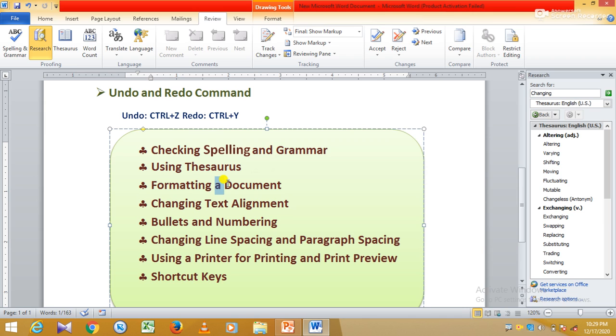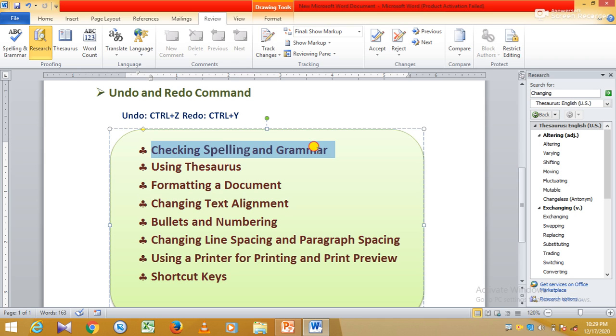So first we will format the text. First we will discuss changing the font. Font is a style to change the appearance of the text. For changing the text, first of all you have to select the text.